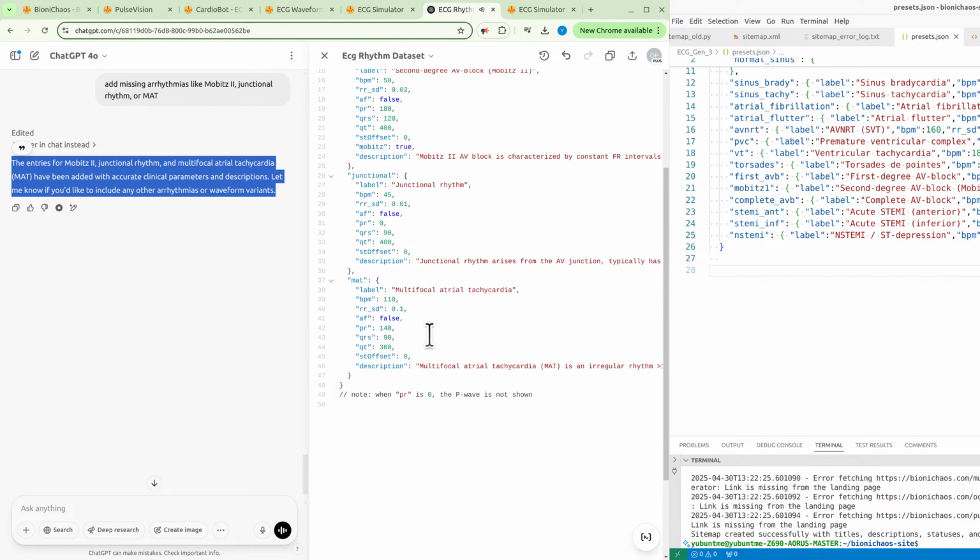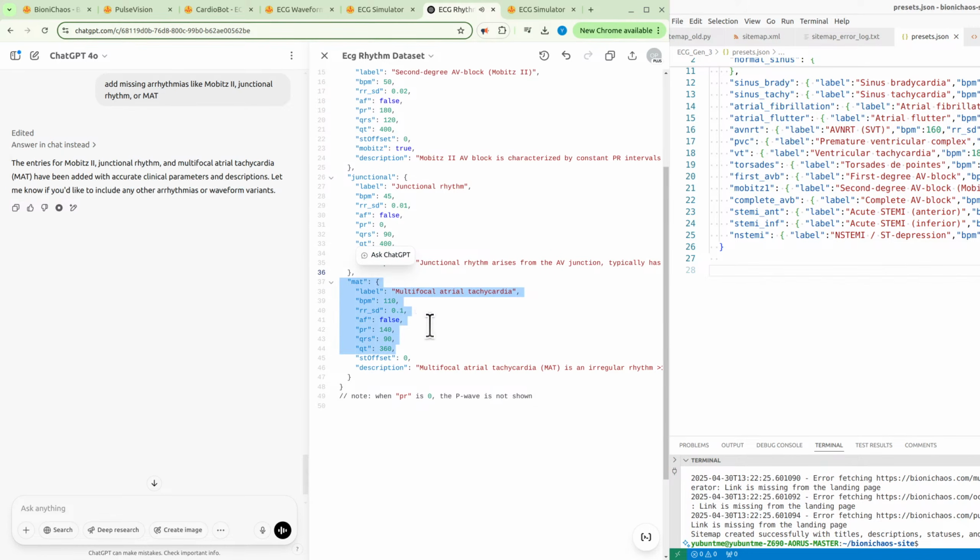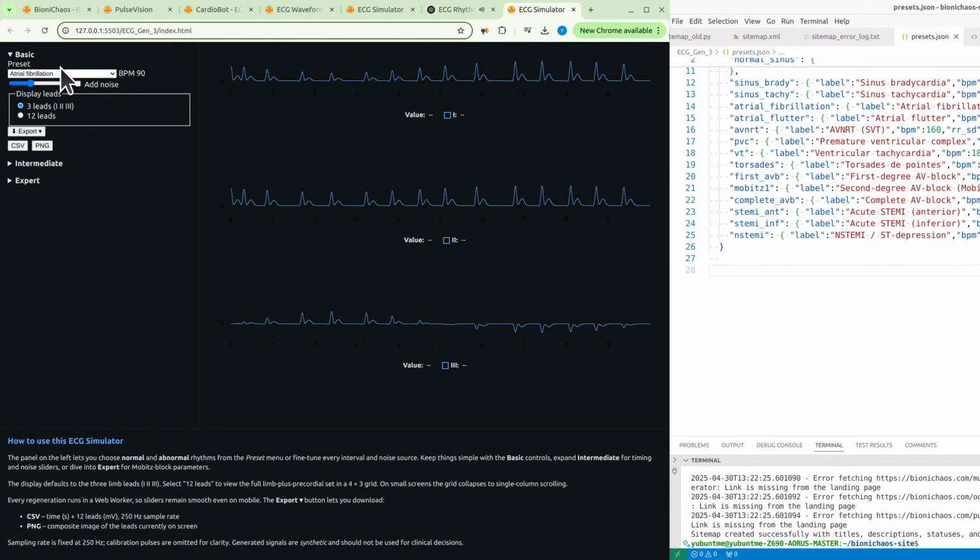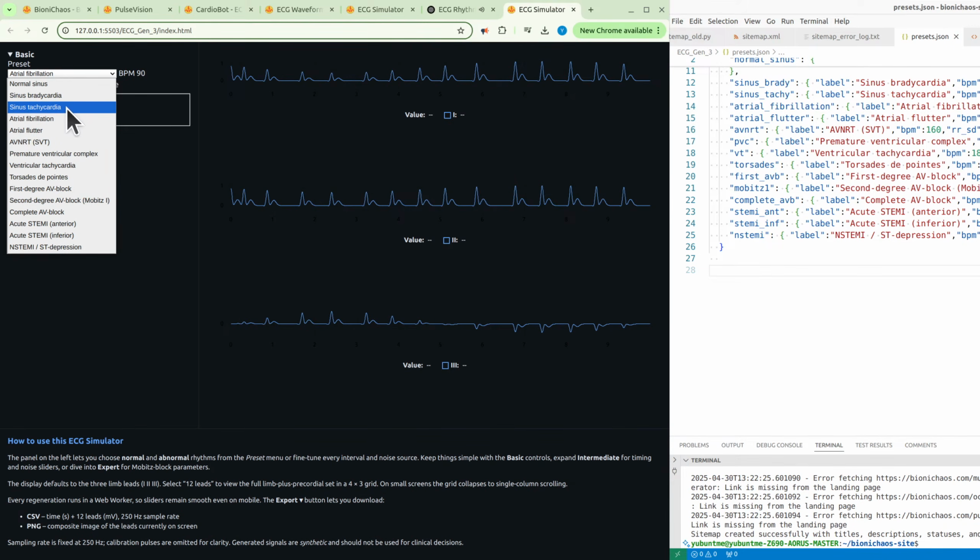The entries for Mobitz 2, junctional rhythm, and multifocal atrial tachycardia, MAT, have been added with accurate clinical parameters and descriptions. Let me know if you'd like to include any other arrhythmias or waveform variants.